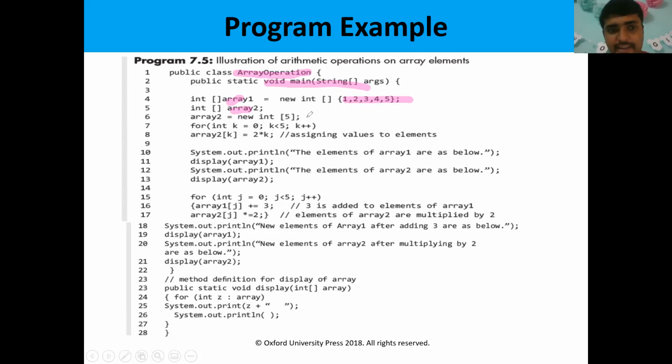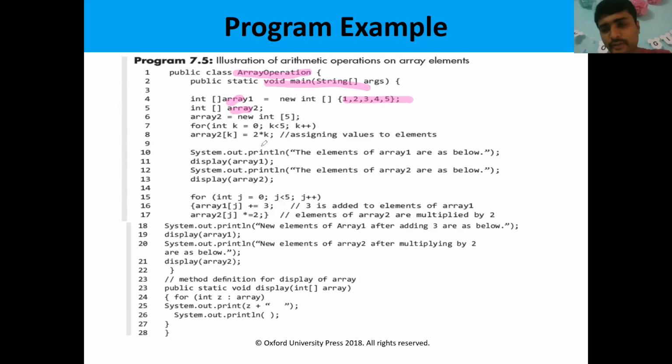Array 1 is initialized with the values. Array 2 is initialized with a for loop: int k is equal to 0, k less than 5, k plus plus. We are inserting the values into array 2, that is 2 into k. That means each k value is multiplied with 2. If it is 0, 2 into 0, 0.